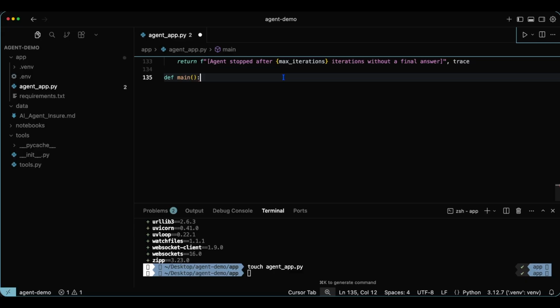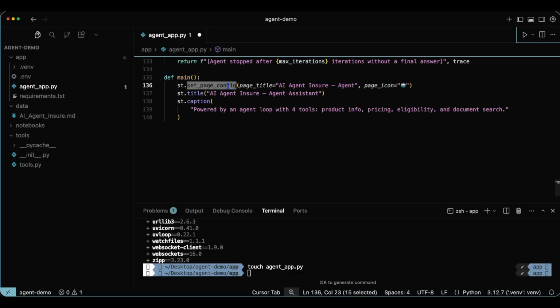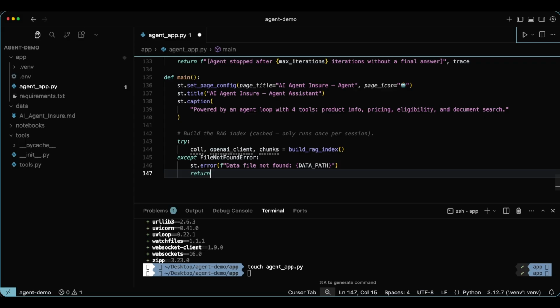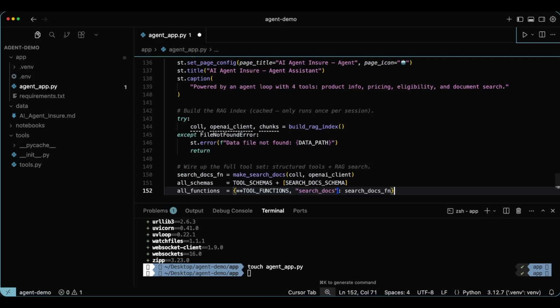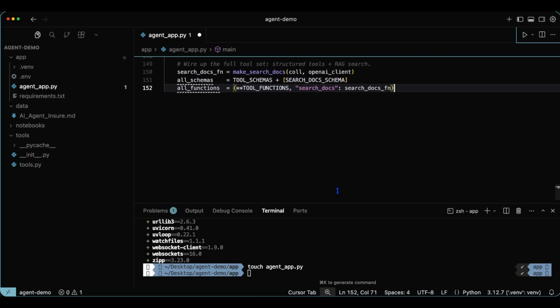And now we'll write the code for the Streamlit UI. Here, we'll set the page config, passing a page title and a page icon. We'll set a title on the page and a caption. Then we'll build the RAG index and wire up the tools. So we'll create a search docs function variable, setting it equal to make search docs, passing the ChromaDB collection and the OpenAI client. We'll set all schemas equal to the tool schemas and the search docs schema, and then populate all